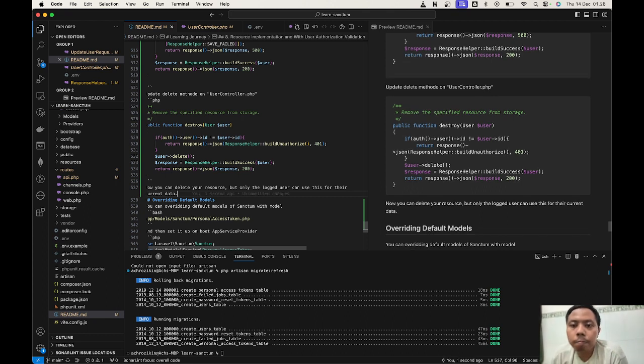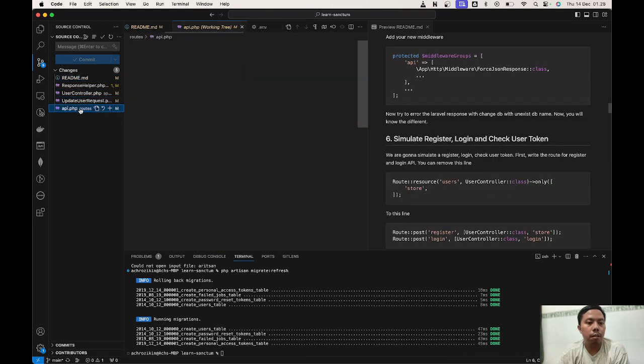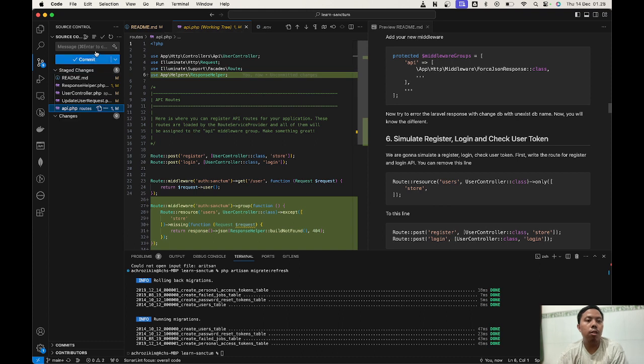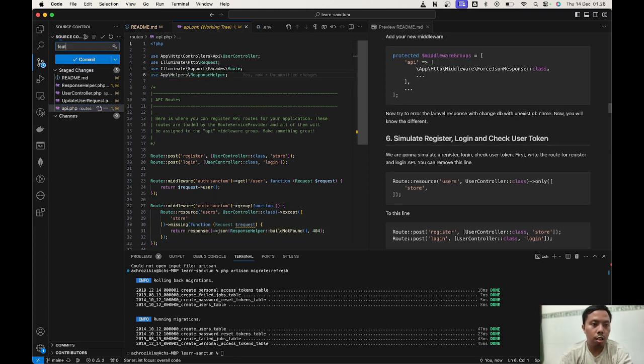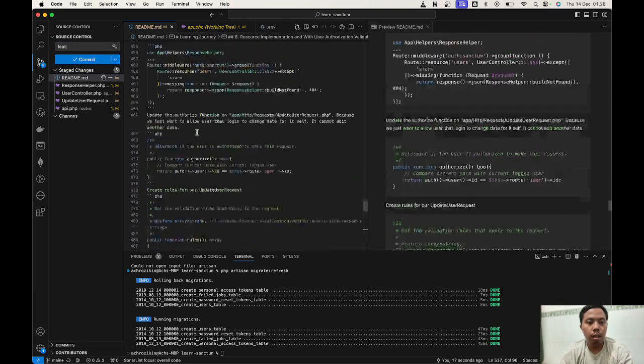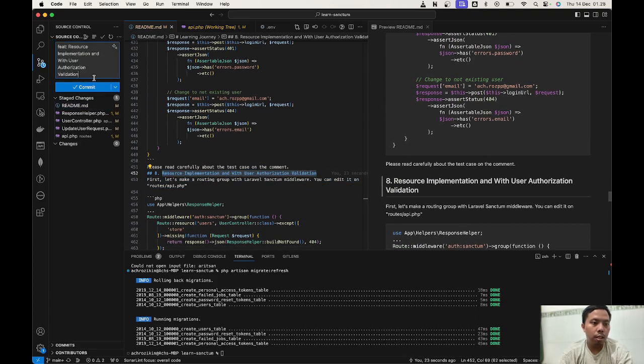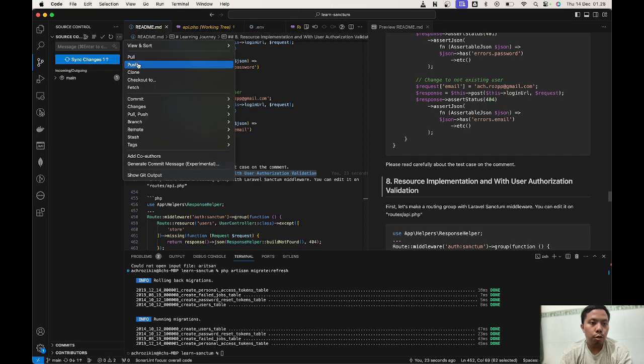Okay, let's just commit this for now. For the commit message, we are going to use feat. Feat means feature or new update. We're going to use our header in here for our commit message. Okay, and then we commit it and then push it.